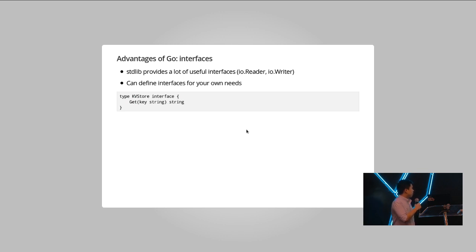You can declare a KV store interface at the point that you use it, and then your code is very easily testable. You can write a unit test and make either a mock or a fake for the KV store. You don't need to set up Redis or whatever to test your code. You can leave that for your integration tests.